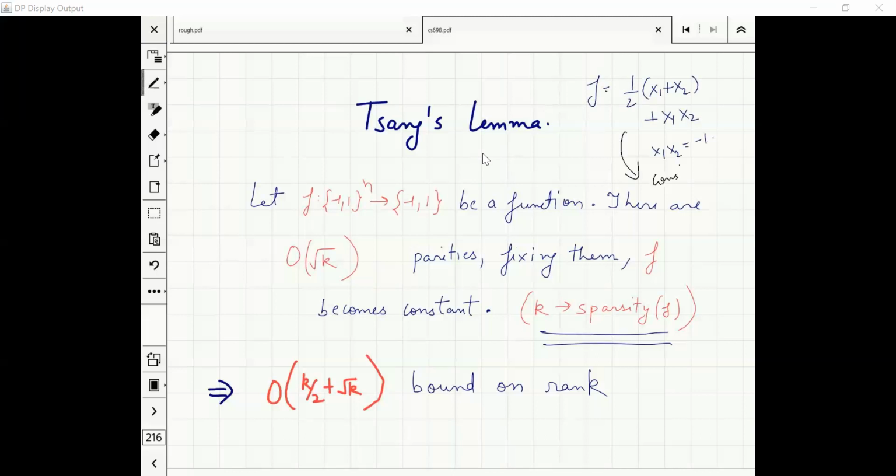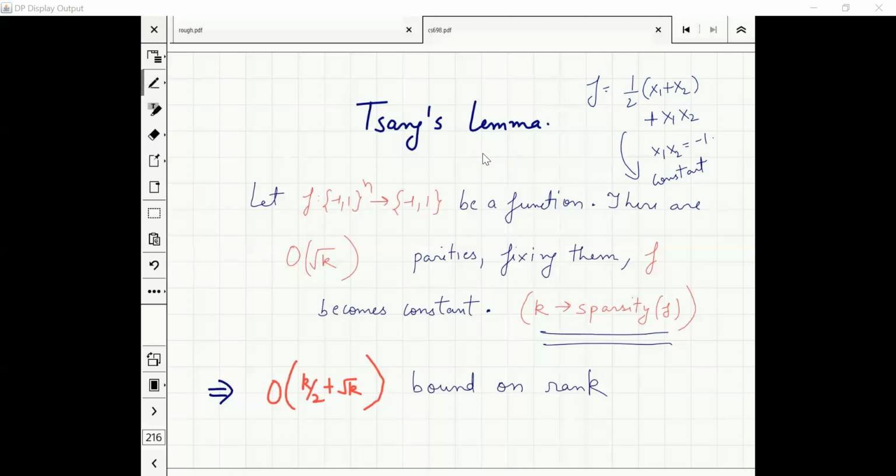Remember what happened to parity, right? x1 and x2 will get cancelled. But do you think that this function has rank 1? Obviously not. This function has rank 2. So yes, the parities will get dependent on each other, but it does not mean that every parity can be written as a function of these square parities. So the number of restrictions is lesser than the rank.